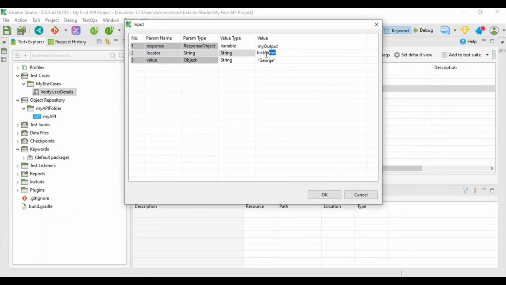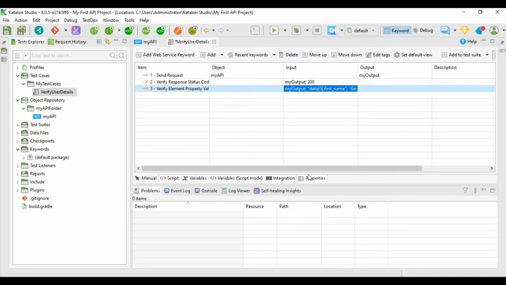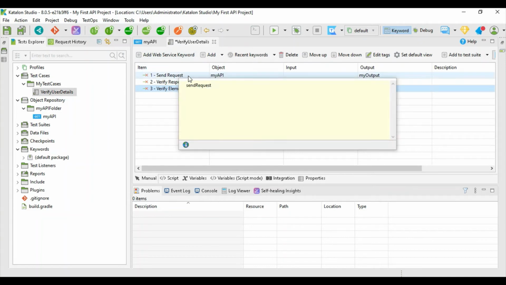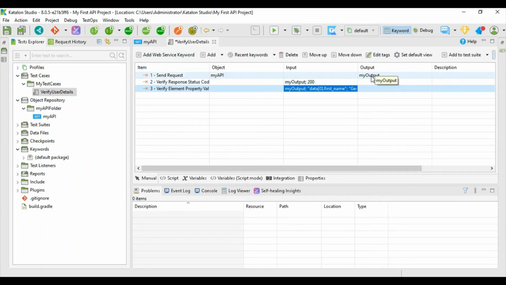This is what we are going to replace. So we're going to enter the locator dot first name. What this test case is going to do is send a request and store the value in this variable named my output.